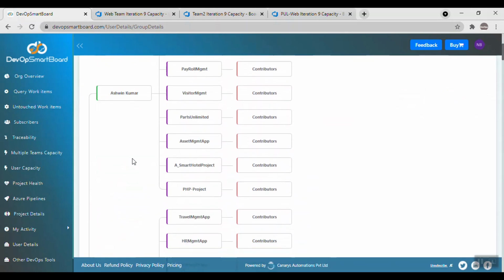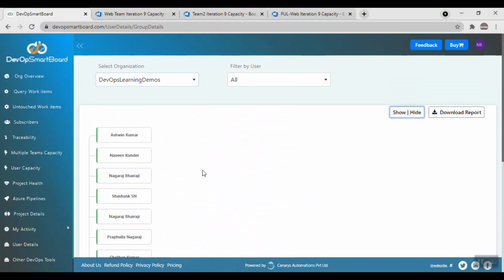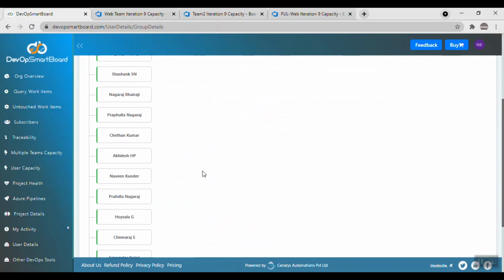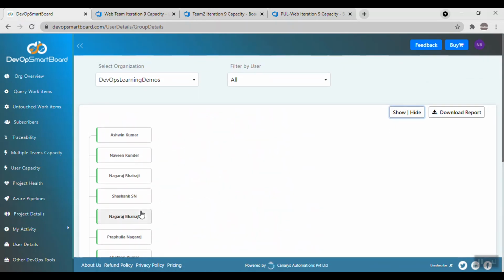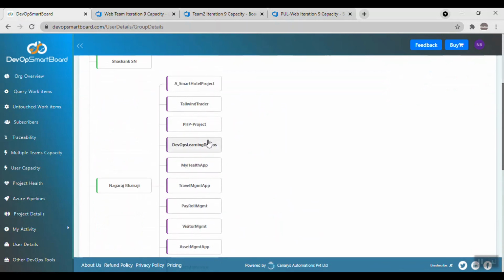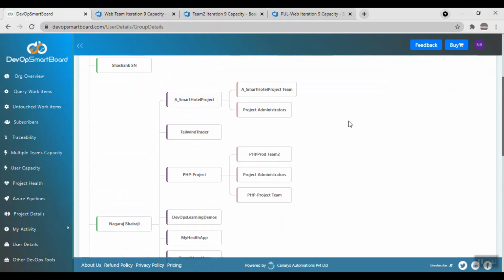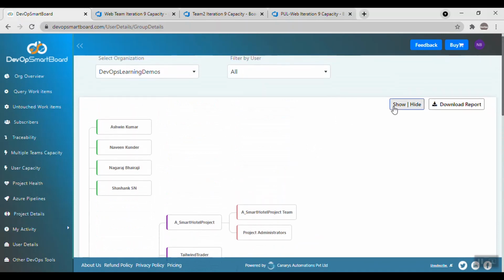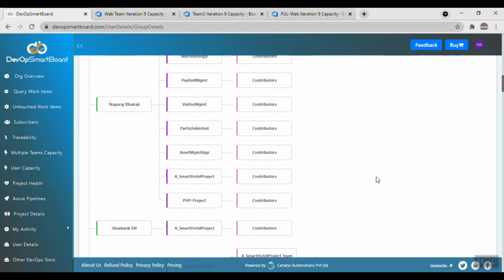I can just click on show hide so that I can see the list of users, and I can click on any of the users and see the details. I can click and see what permissions this particular user has in each of the team projects. Or if I want to display all the users, I can do that.